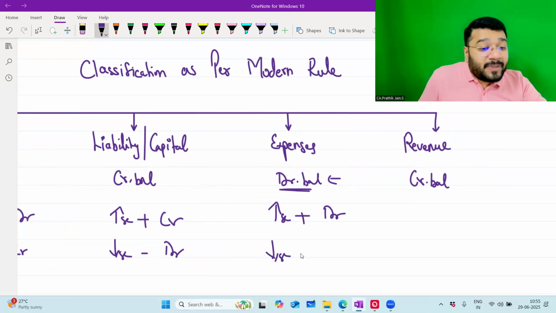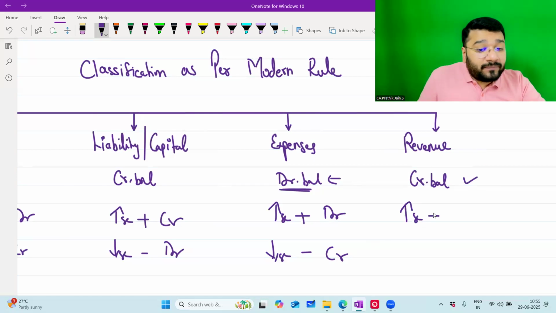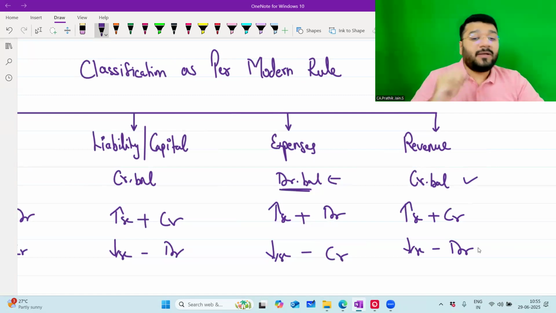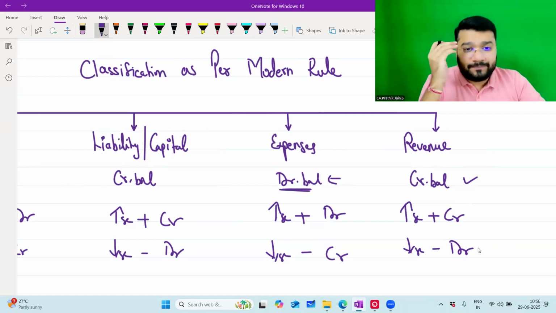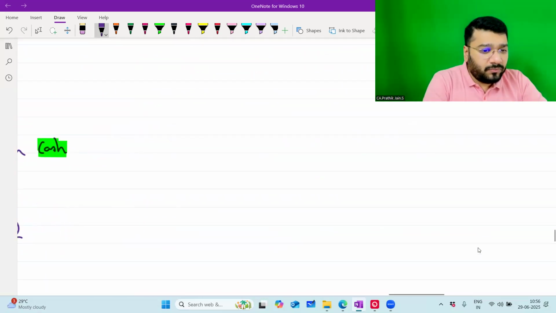Then to decrease expense, credit. Any problem? Who is the hero of revenue? Credit balance. So to increase revenue, what will you do? Credit. To decrease revenue, debit. Any problem? Online people, any problem? No, sir. Okay. Now,